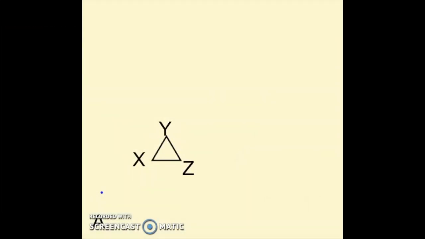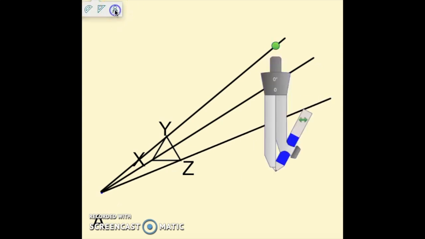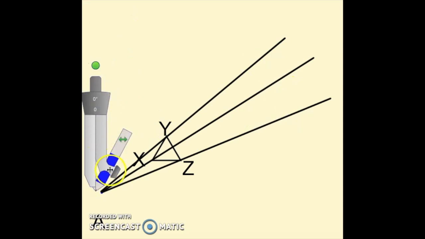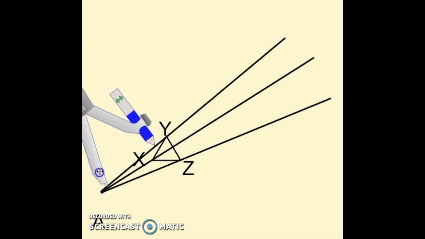Here's our very last construction. We're going to dilate here by a scale factor of 2. So the first thing I'm going to do here is put in my guidelines, my projection lines. Those are the lines along which the dilation moves. And then knowing that it's a dilation by a scale factor of 2, I know my shape is not only going to get 2 times bigger, but it would also get 2 times further away from the center here,